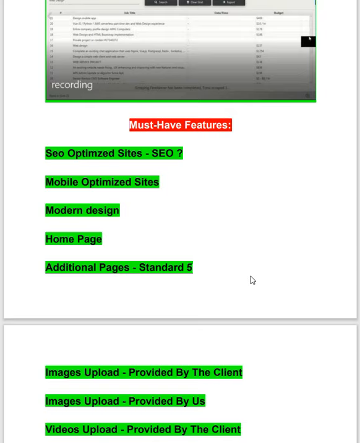Okay, and it will have a header and it will have a footer. Whenever I upload this PDF on our membership site, you'll have a different PDF that will have all those elements. So it will have a header, it will have a footer, and it will have Google Map integration at the bottom. Okay, all right, so those are the master features.